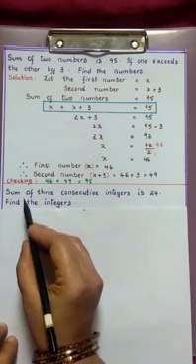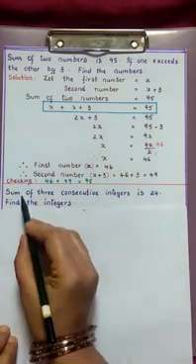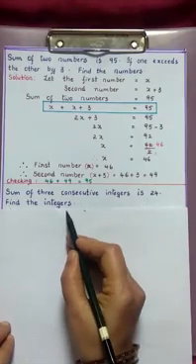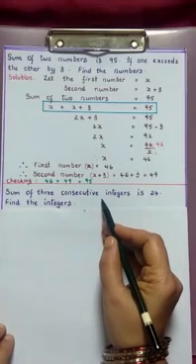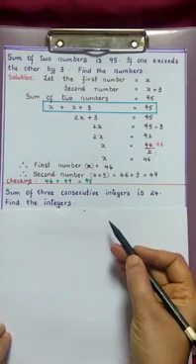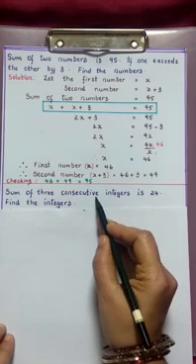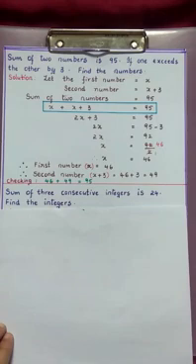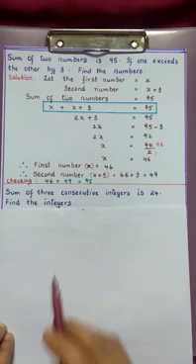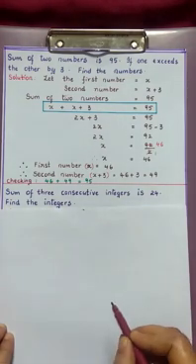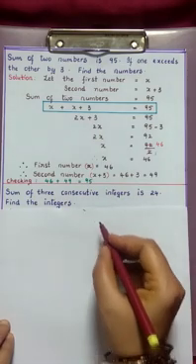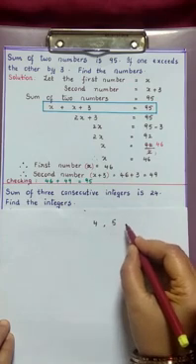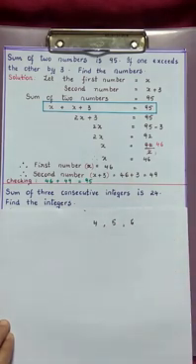Children, this is a very interesting sum. Sum of three consecutive integers is 24. Now find the integers. Now here consecutive is a new word for you. So what do we mean by consecutive here? Consecutive means continuous numbers, that is numbers which follow some order. Now for example, what are the three consecutive integers beginning with 4? Means what will you say here? First you will say 4. Immediately the next number is 5. Next 6. Yes or no?